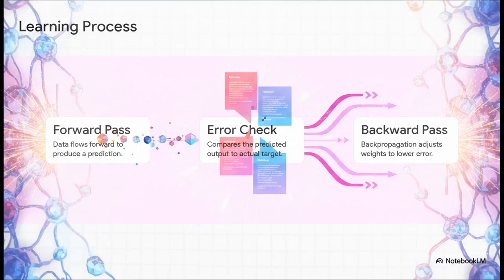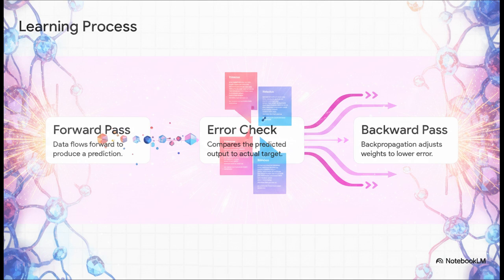Okay, so how do these neurons actually learn anything? Well, it generally happens in 3 main steps. First up is the forward pass. This is where data flows forward through that massive network of neurons to make a rough prediction. Next is the error check. The system basically looks at its own prediction, compares it to the actual correct answer, and says, okay, how wrong